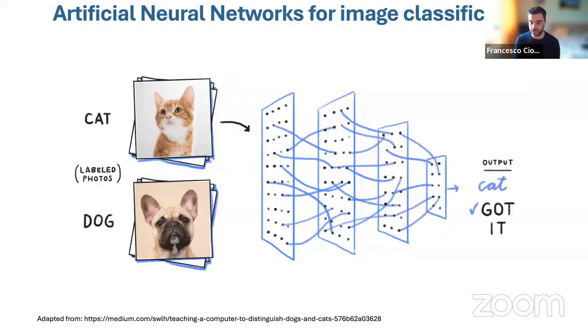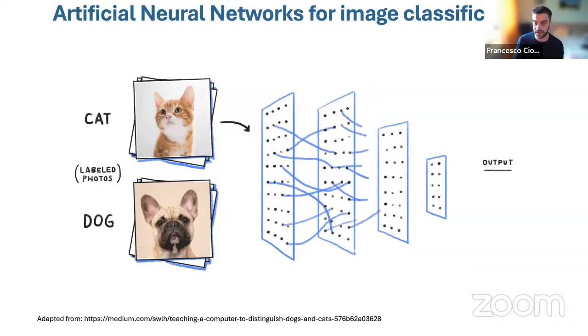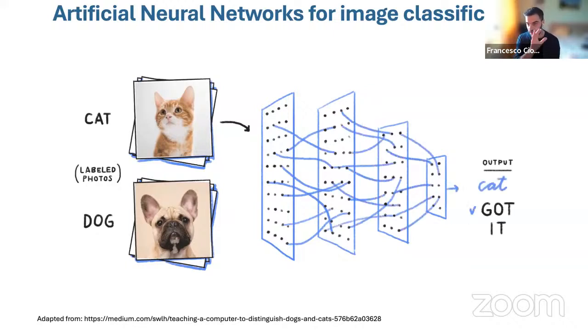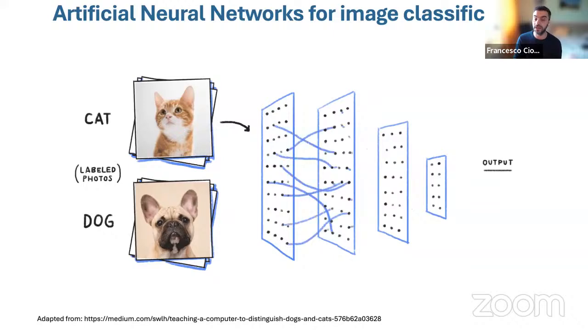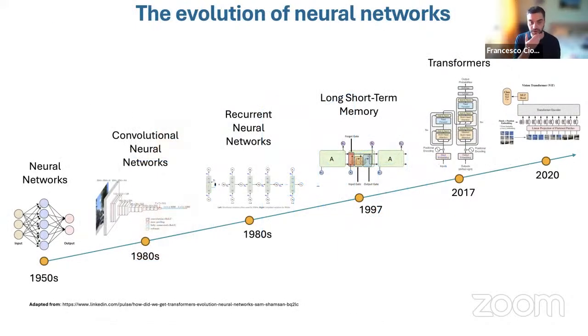And research is also still relying a lot on this type of technology. We are also doing a lot of research on foundational models and multimodal models for medical applications, but this is still what is at the core of actually most of the applications that I will present today. But of course, we know that this is growing, right? So in the 50s, we have neural networks, and then we went to convolutional neural networks in the 80s with Yann LeCun and colleagues. And then we had recurrent neural networks with long short-term memory from Jürgen Schmidhuber in 1997 and his team. And then we entered the era of transformers in 2017, first with NLP, and then with vision transformers. And this is now exploding, right? It's used in many different applications.